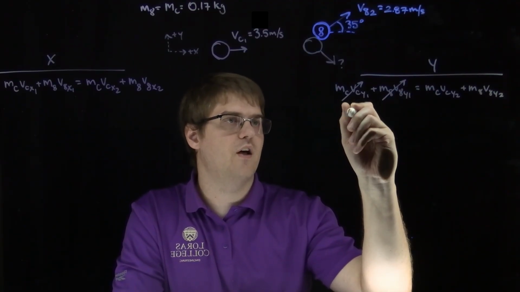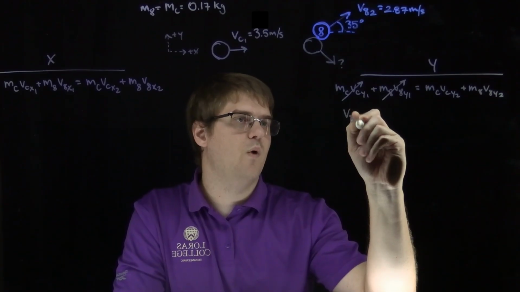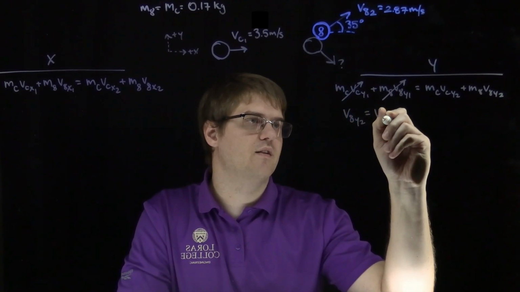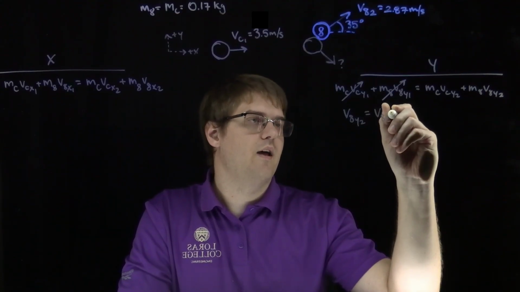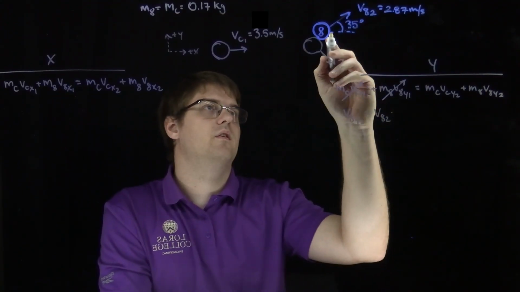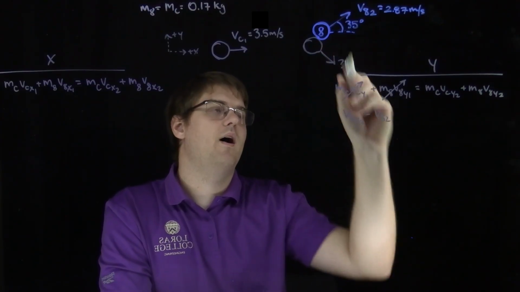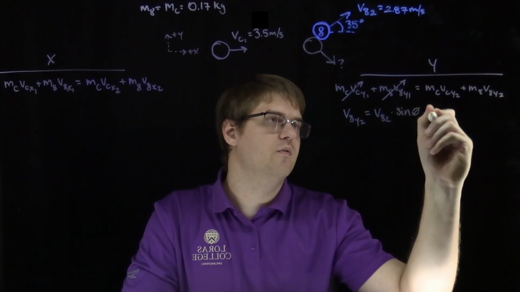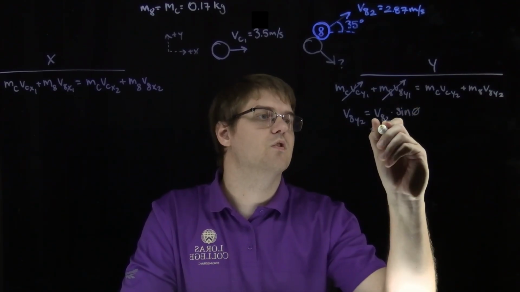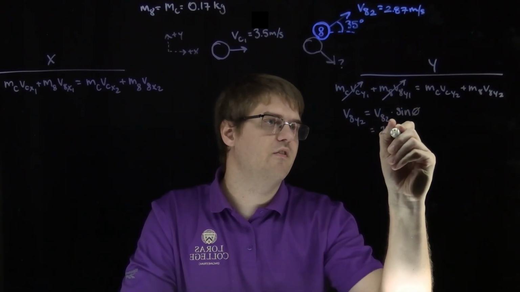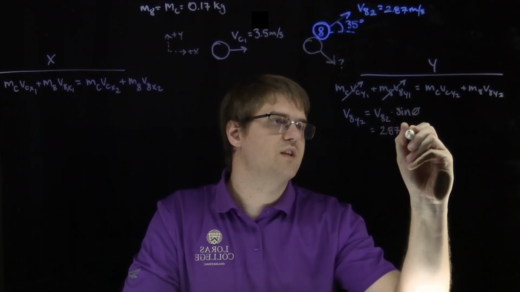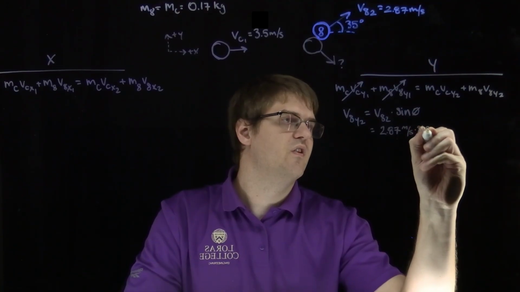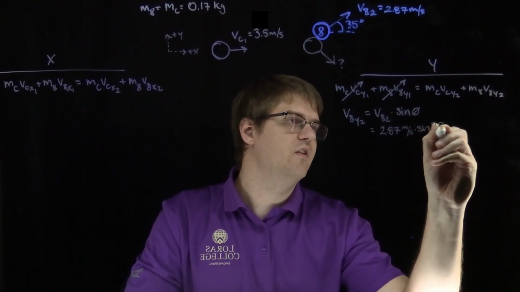I should have done this first. I apologize. Velocity of the 8-ball in the y at time 2 is going to be the velocity of the 8-ball at time 2 times, in this case it is 35, and the y is going to be sine of our angle, which is going to be equal to 2.87 meters per second times the sine of 35 degrees,